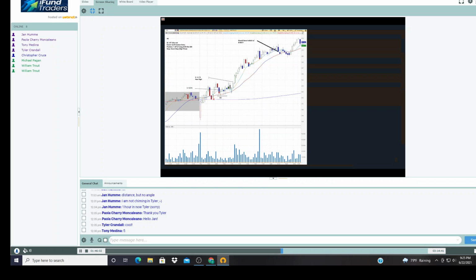Now the question is, of course, is this enough for a pullback or not? Because if it is, then we have whale complete here, right? I would say that in this case, this is a pullback. Why? First of all, this is 50% of this move up here. So the pullback is roughly to 50% and to the MA200 here. It's 2 bars, not 3 bars, but 2 bar pullbacks are possible. So that would mean that this is actually whale complete here.